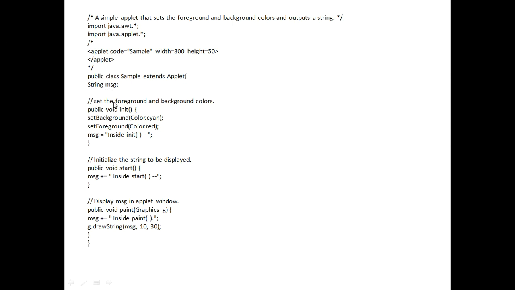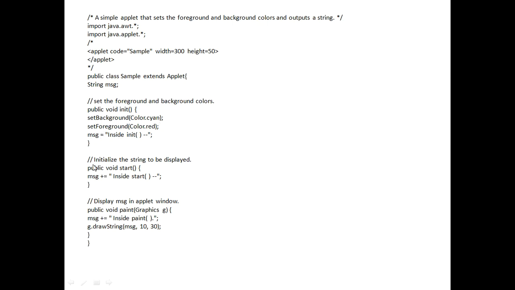Now as I told, if you want to set the foreground and background color, you have to do it in the init method. So the syntax is public void init. setBackground is a method available in the Applet class, so you can directly make use of that. Set the background to Color.cyan, set the foreground to Color.red, and the message is equal to "Inside init". So this is the message we have assigned to msg.